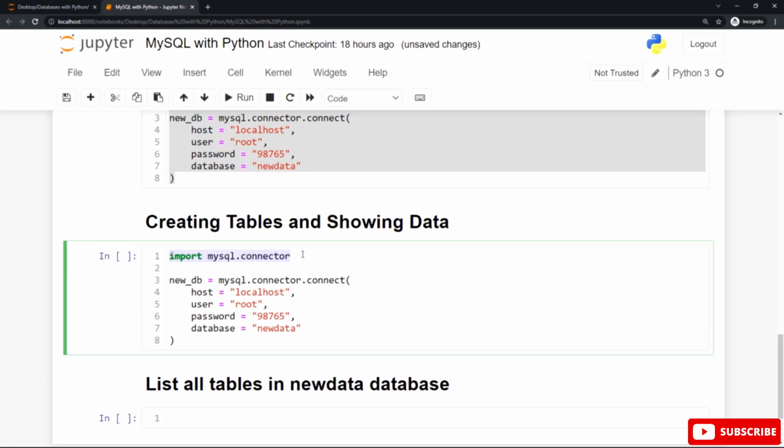You can see here our first statement is importing the MySQL connector by using the import statement to import this package, and you must install it first before importing it. After that, you can see the connect built-in method to create a connection for this database called new data with these parameters. The host equals localhost, user equals root, and our password here, and the last argument for the connect built-in method is the database we have created called new data.